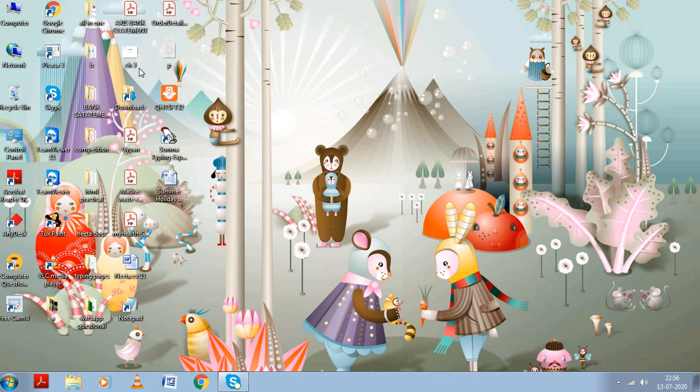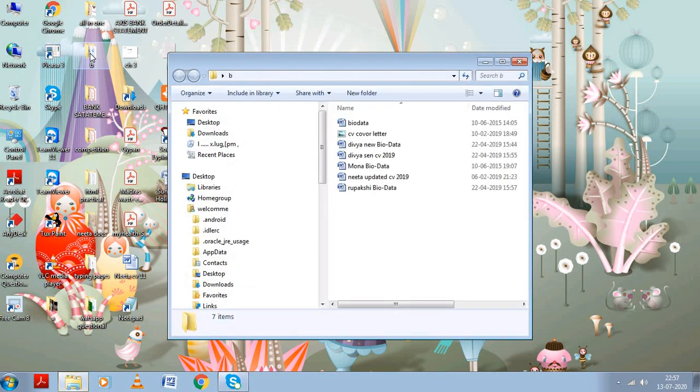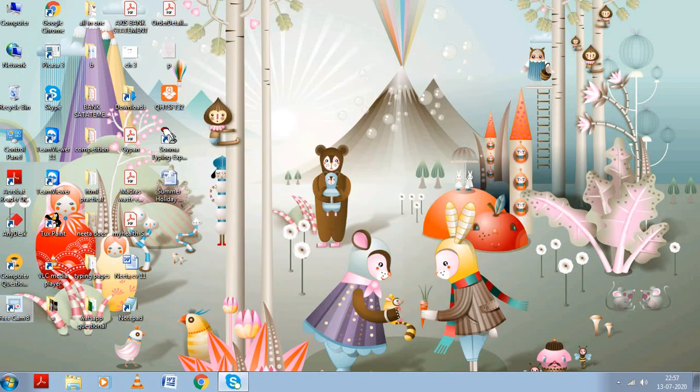These icons generally show you different applications, files or folders. Whenever you click on a particular icon, it will be opened very quickly and easily. You don't need to search for applications again and again. If you make icons on the desktop screen, you can open them quickly by just double clicking on them like this. So this is the use of icons.